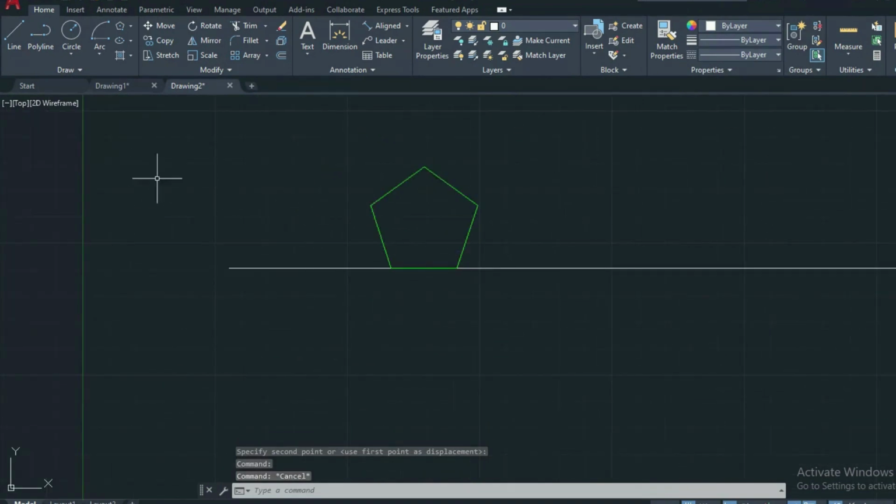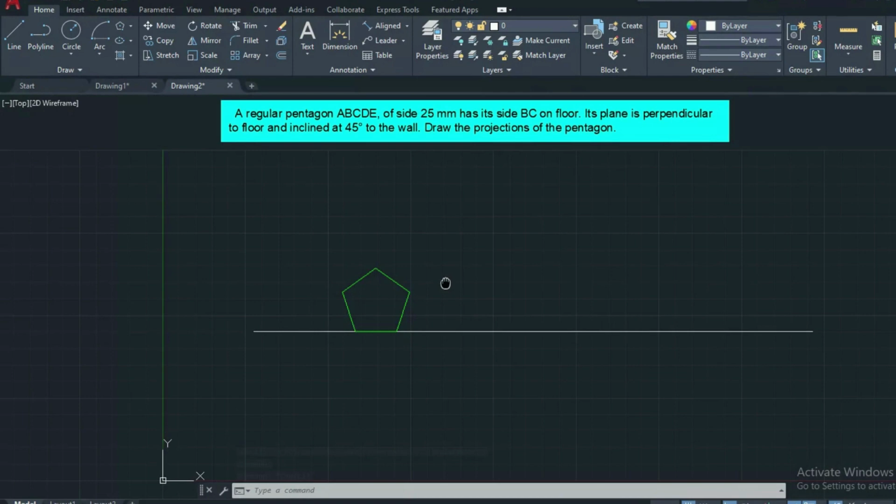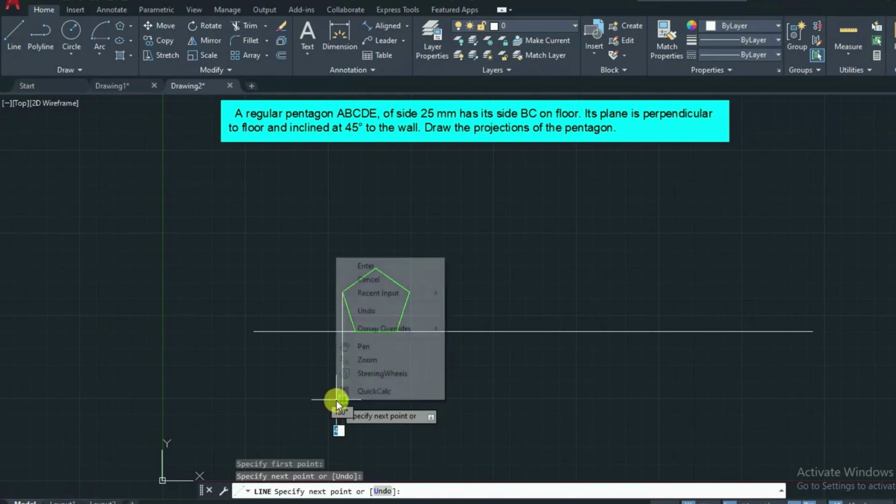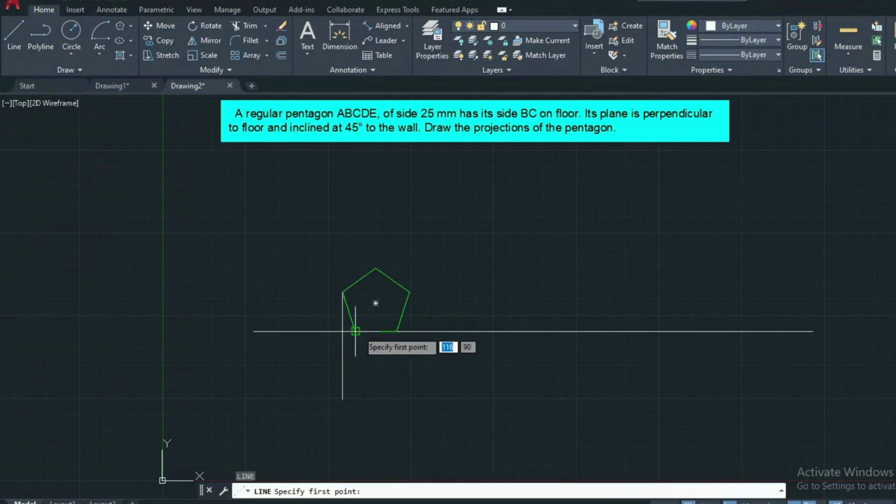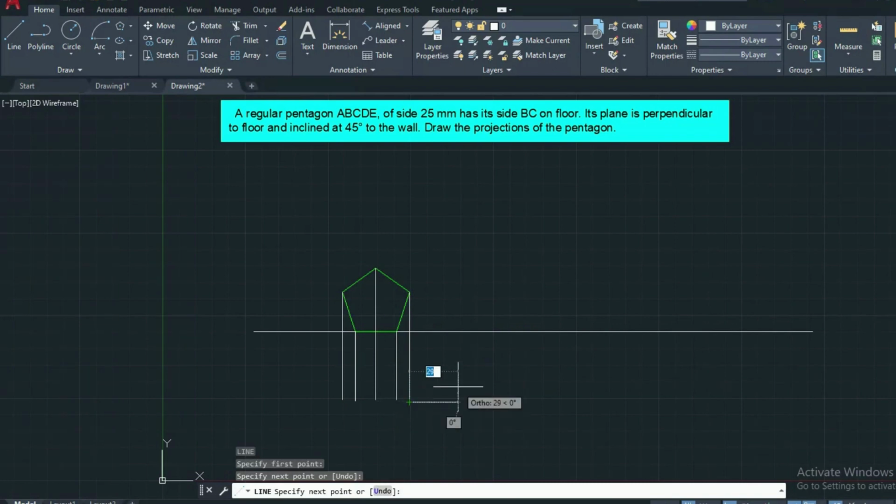Then when I am looking at the top view, I am getting the projection of the top view as a single line, by seeing these two sides. So from all the edges you can draw a vertical line in the downward direction, of some convenient length. When we look at the top view, we get a straight line.